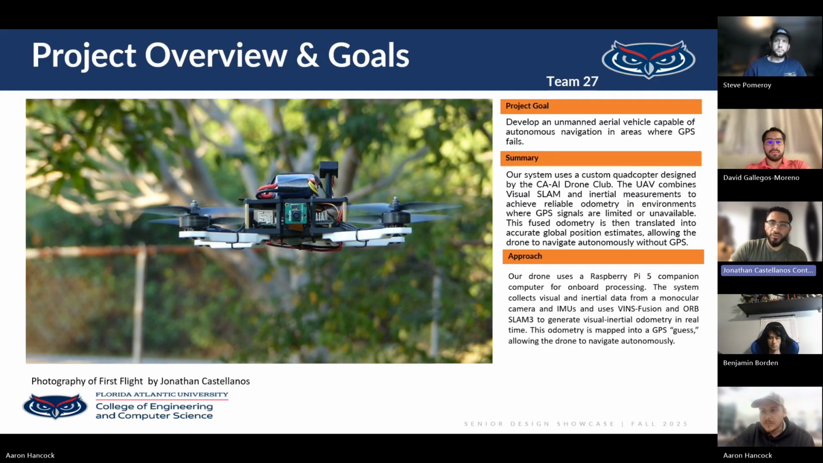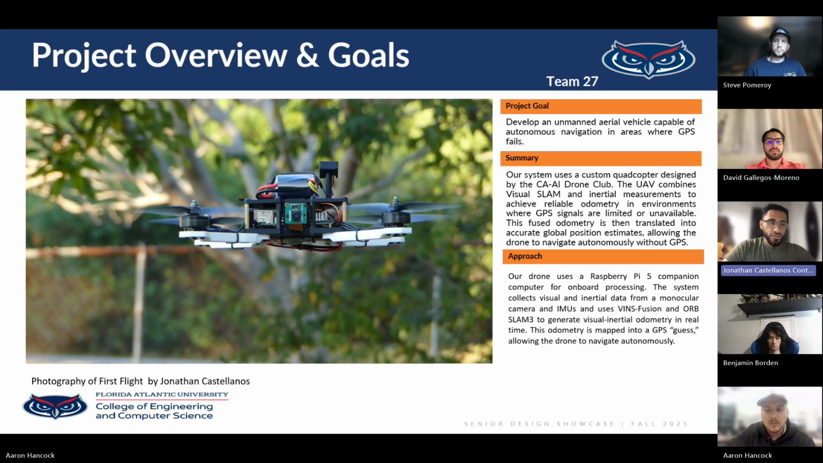All right. Moving on to the next slide, we're going to present to you guys the goals of the project. The goal of the project is to develop an unmanned aerial vehicle capable of autonomous navigation in areas where GPS can fail. Our system uses a custom quad designed by the CAA Drone Club. The UAV combines visual SLAM and inertial measurements to achieve reliable telemetry in environments where GPS and signals are limited or unavailable. This use of telemetry is translated into accurate global position estimates, allowing the drone to navigate autonomously without